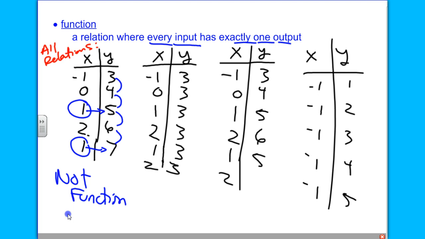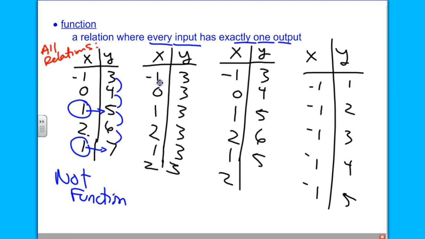We have -1, 0, 1, 2, 1, 2. And then we have 3, 3, 3, 3, 3. It's kind of strange, huh? They all have this output of 3. So is this a function or not? And you can either thumbs up or shake your hand no. Who says it's a function? What do you think? Function? Not a function? And, okay, let's look at it. Most people think it's not a function.